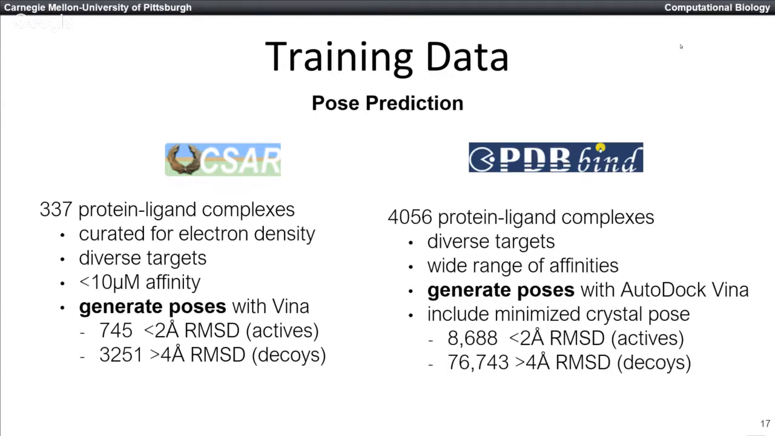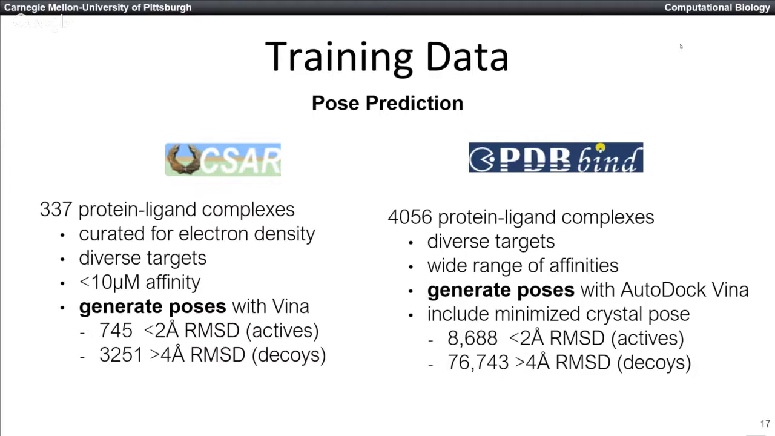Okay, so we have three major tasks, and a couple of different data sets that we use for training and testing. For pose prediction, we use both CSAR and PPBind. The main critical thing here is that CSAR is much smaller than PPBind, but I'll go into that a little bit later. Additionally, we don't just use the crystal poses because, for example, for the DUD-E, we don't